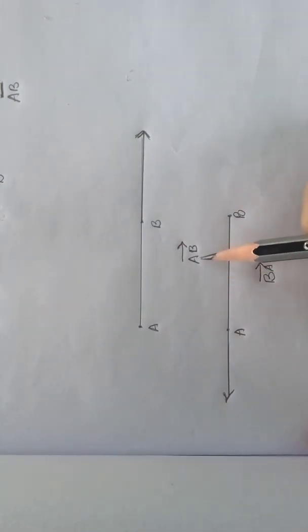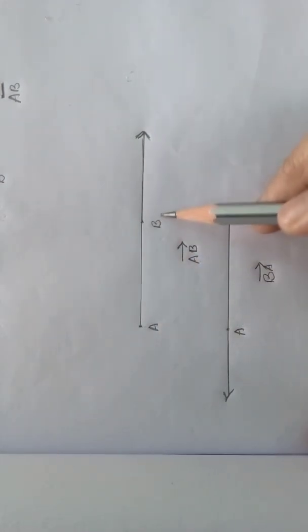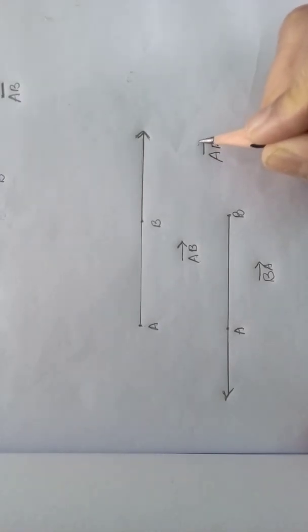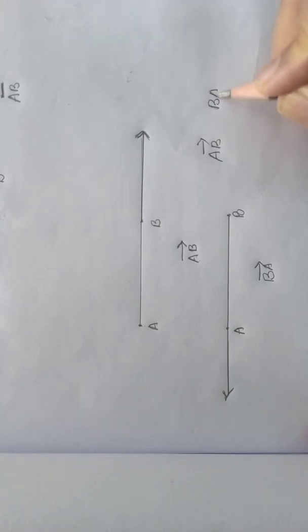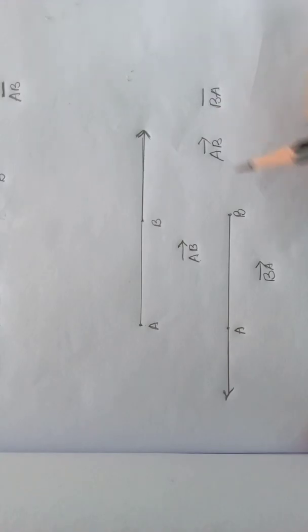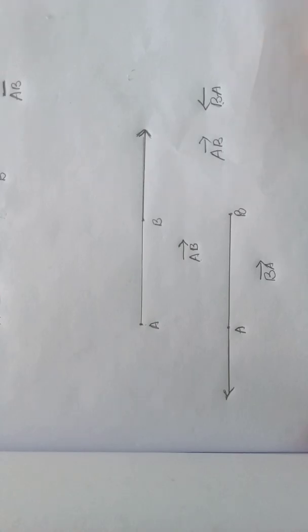Here this is AB, A initial point, and B is the point on the ray, and it is ray AB. Here B is the initial point and A is the point on the ray, and it's BA. And here ray AB is not equal to ray BA. We can't tell like that, because even though those are all having infinite length, the length of ray AB will be different from the length of ray BA. Okay, AB is not BA here. It is different because ray AB has the initial point A, and ray BA has the initial point B. Understood?